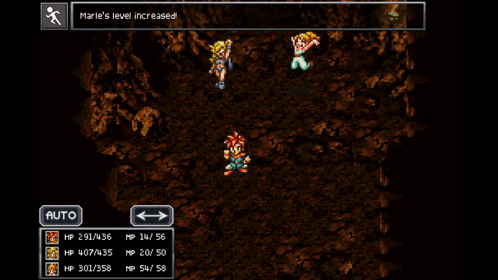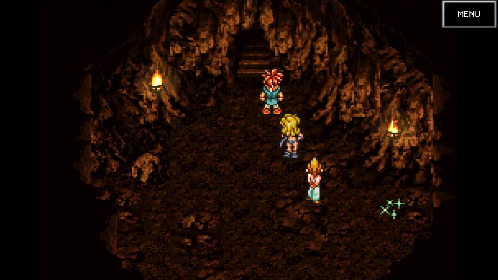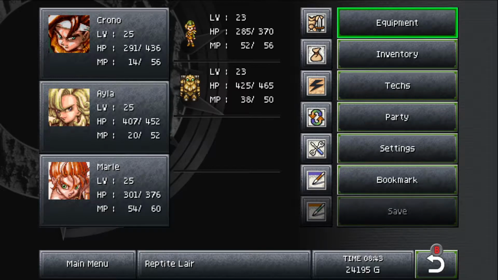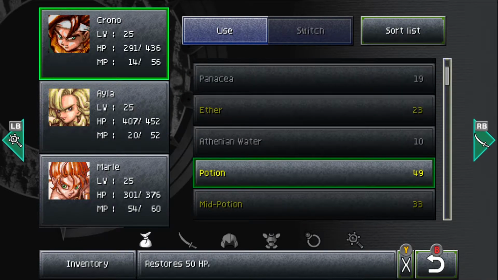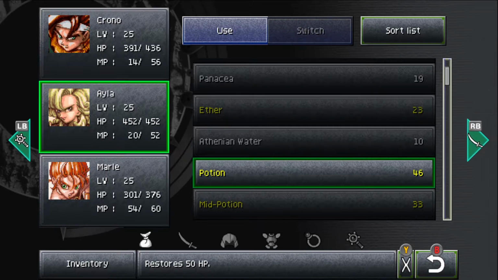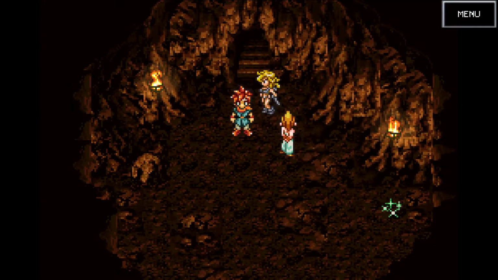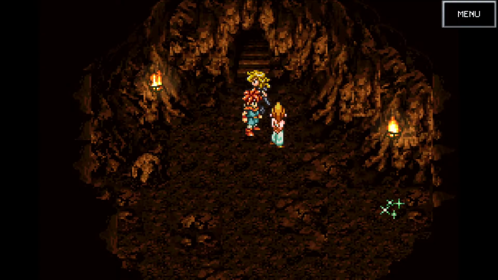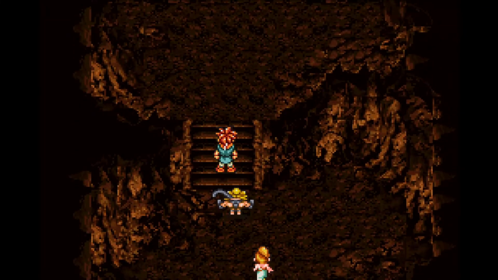But you could see the seeds were planted back in the day with games like Chrono Trigger and Secret of Mana and so on. Alright, this is a boss fight. We're gonna need to stock up first. Potion, Chrono, Ayla, Maul. Check the time. Okay, that should be it for... No, not yet. Let's just see what's in this room. Then after that...